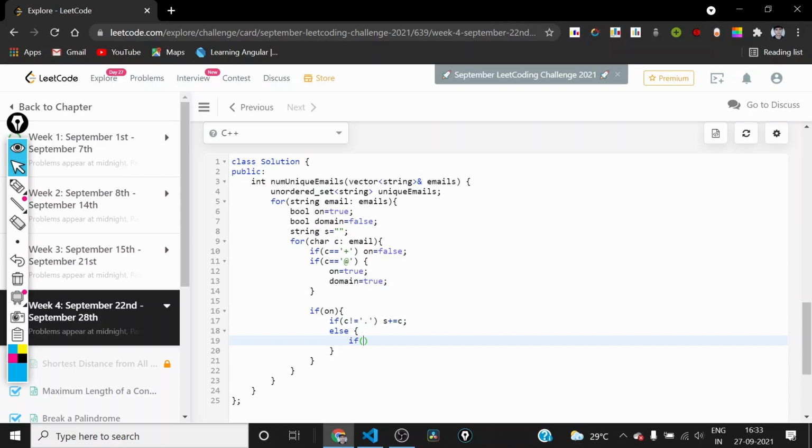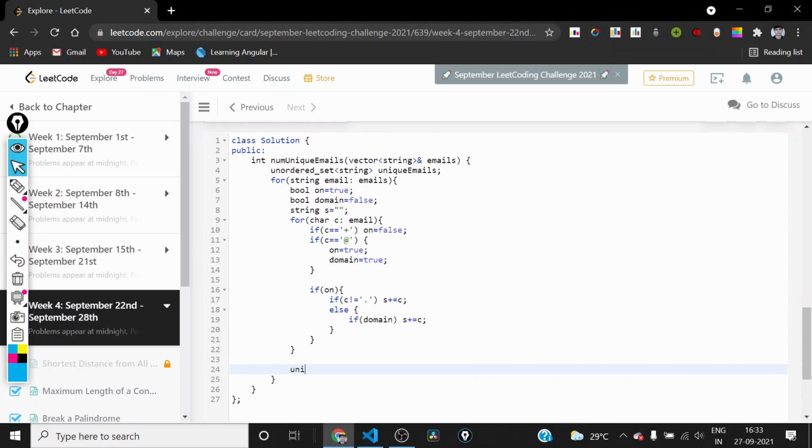If it is a period and we are in the domain, we can include it; otherwise we cannot. After this for loop, we will have the string s, and we can insert it into unique emails. And after the end of the outer loop, we can return unique emails dot size.